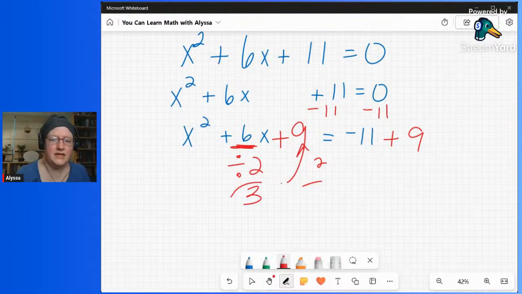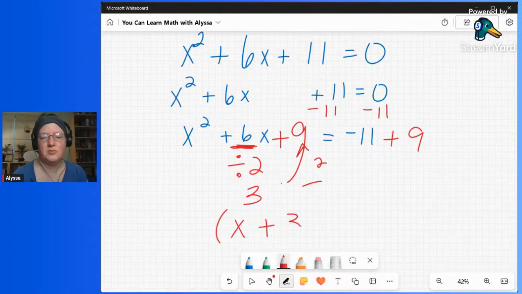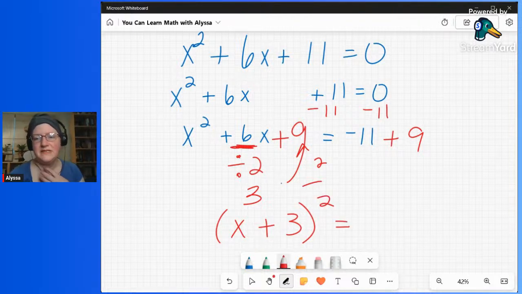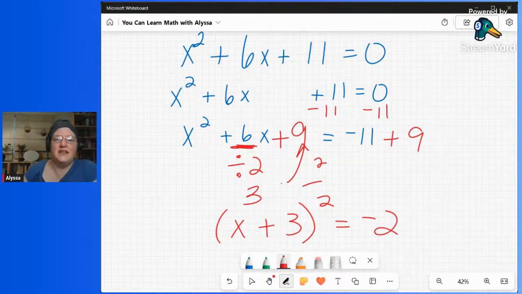And that little 3 right there, remember that, because now that is the b term in our perfect square. X plus 3 squared equals, on the other side, negative 11 plus 9 is negative 2. That process, completing the square,